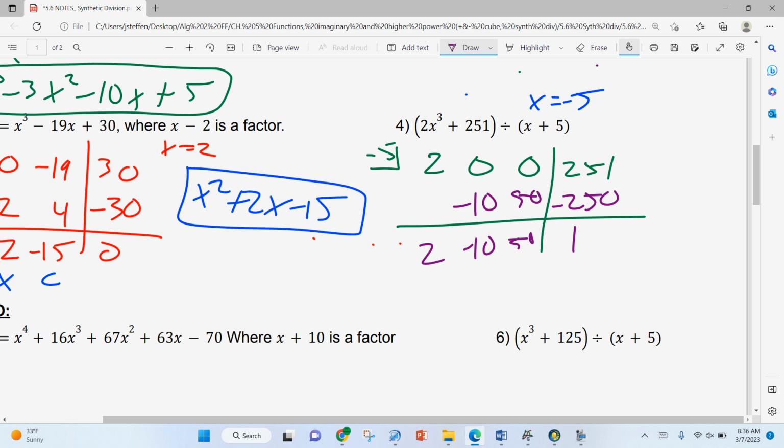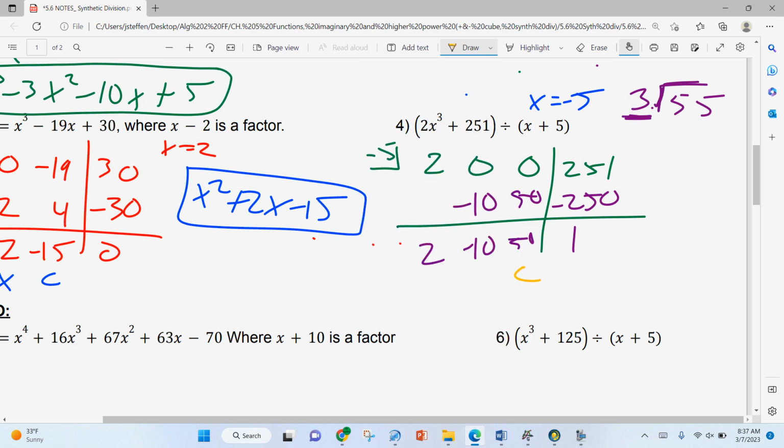But the way you deal with your remainder, I don't know if you remember when you had a remainder when you just did normal division before, like 55 divided by 3. You all probably remember the R, so it was a remainder of 1. But once you actually learned that remainder, you put the remainder over the original number you're dividing by. So what we do with this one is